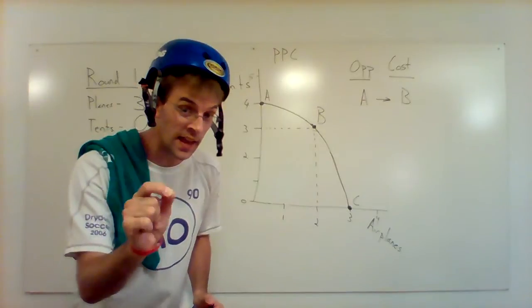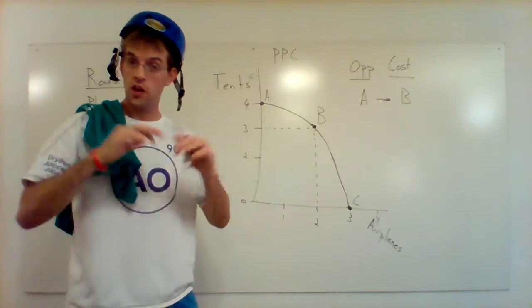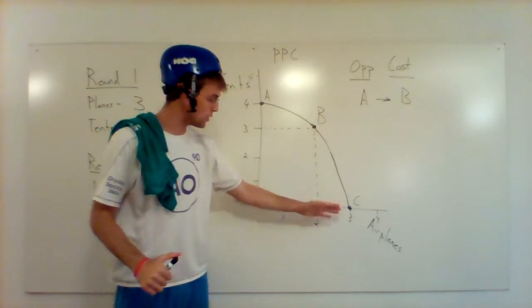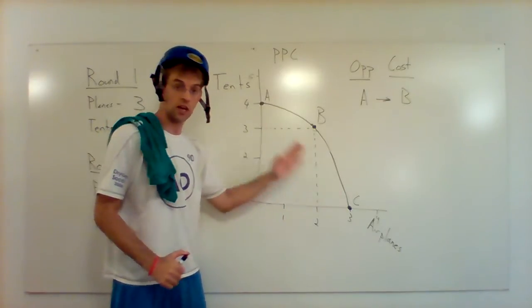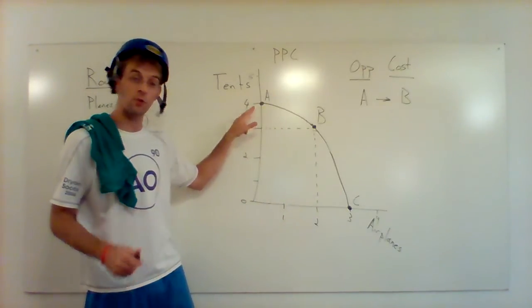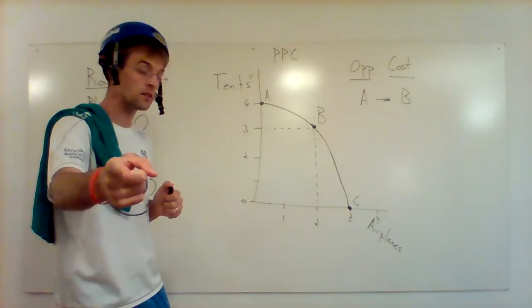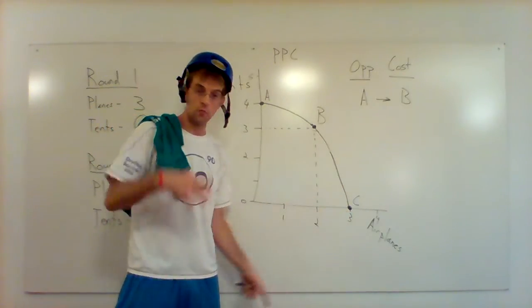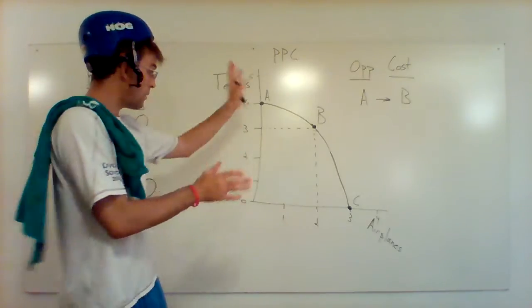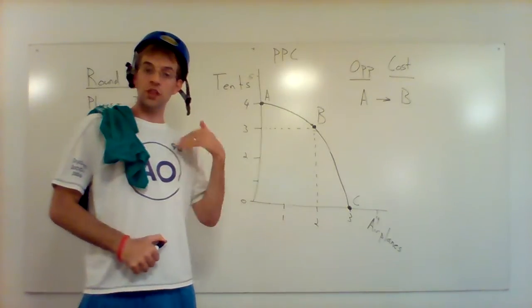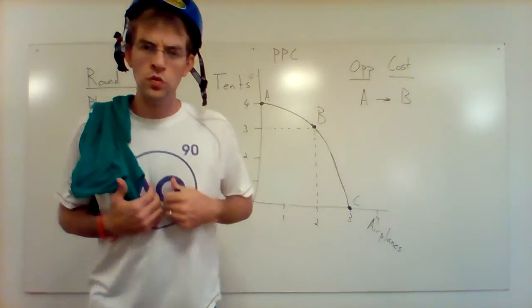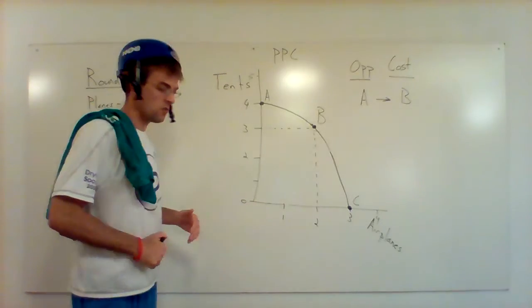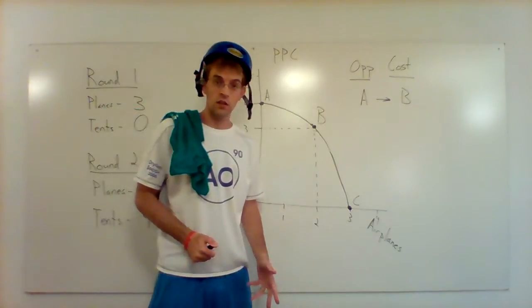possible and efficient. If Mr. Sutton wanted to, he could produce any of these combinations. I could choose to produce at point A where I would make how many tenths? 4 and 0 airplanes, or I could go down here and make 3 airplanes and 0 tenths, or B in the middle. But the thing is, if I want to choose to make more airplanes, the problem with choosing to